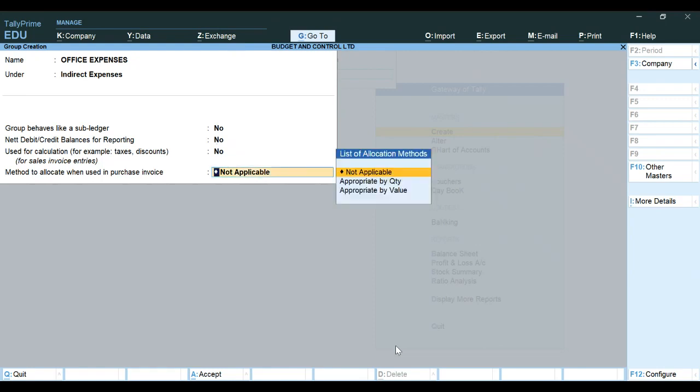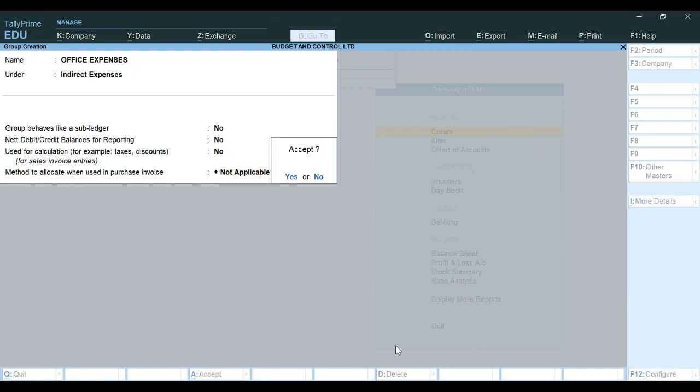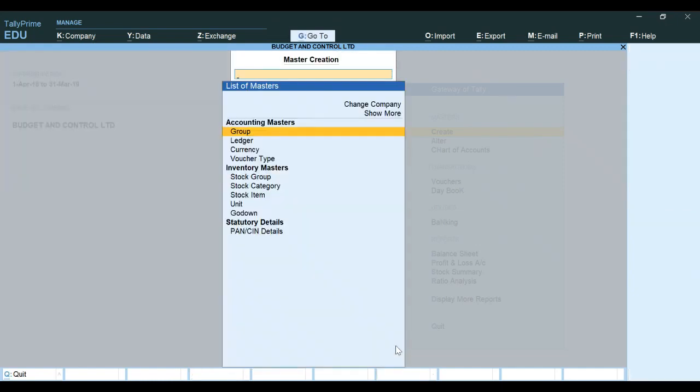Okay, so accept the screen. In this particular screen I have written office expenses and have chosen indirect expenses as group. That's all. Accept the screen, press escape key and get back to the previous screen. Okay, so now